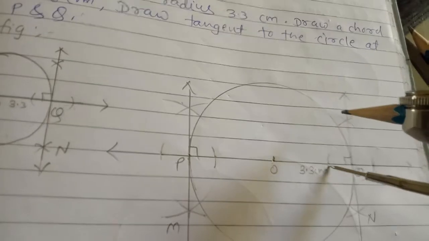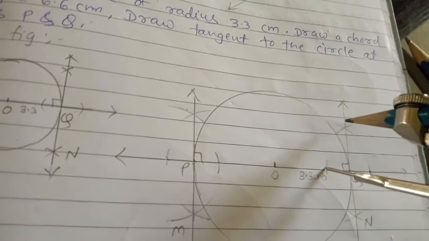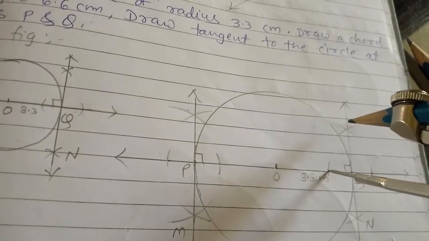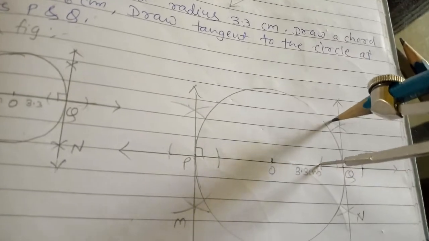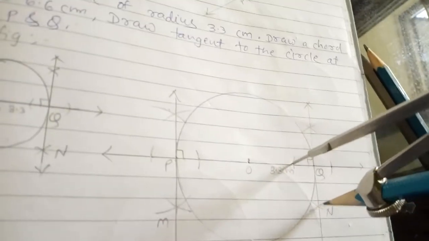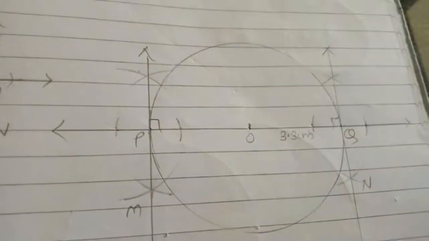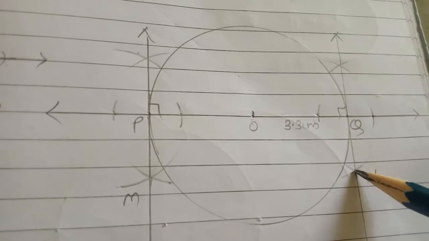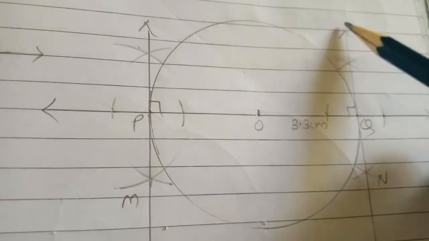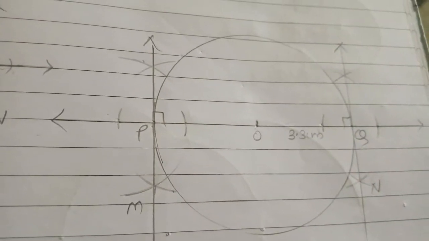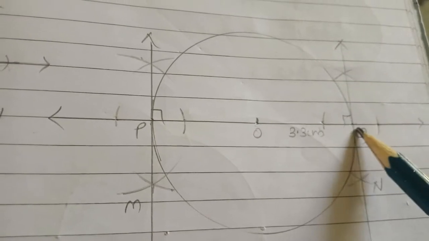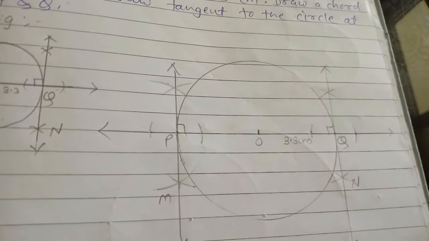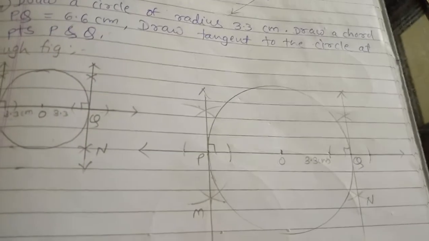Again you have to put your rounder here and make the intersecting mark on the previous mark, like this one, and on the lower side also. And then you have to join these two marks. So here, that is the intersecting mark here and on this one, you have to join this line, which passes through this point Q. And similarly we have to draw on the left side. So this is the figure.